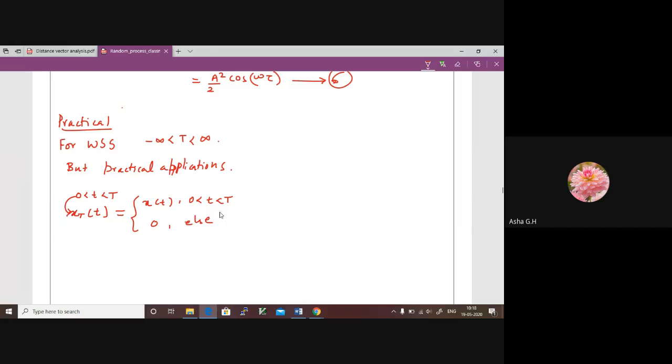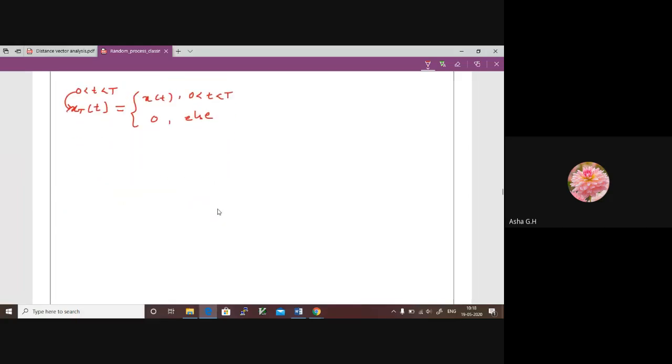Now for this, how do we calculate the autocorrelation function? You can just think about it. By definition, we are finding the autocorrelation function for a function where we are dealing with time averages, not the ensemble average. X of t plus tau, or t minus tau, you can just take it as t plus tau. How will it be? What exactly is this? Can you tell me what the answer will be?